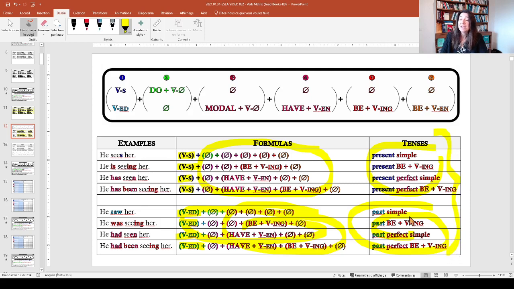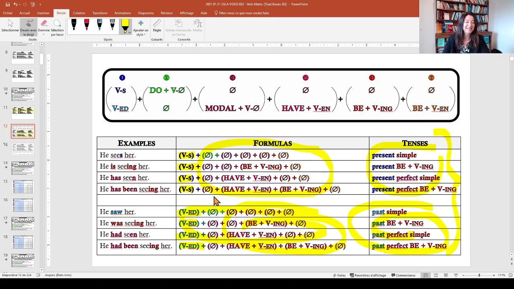And when we say this is the present tense, then we want to be more specific and we want to know, is it the present simple, the present B plus VING, the present perfect simple, the present perfect B plus VING? Okay, so when we say it's the present, if we're really rigorous and precise, we don't really mean it's the present tense. We mean it's the operator of the present, and it's been combined with other operators to create all the tenses